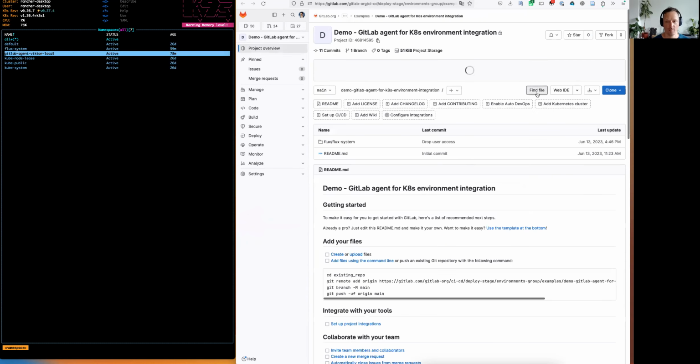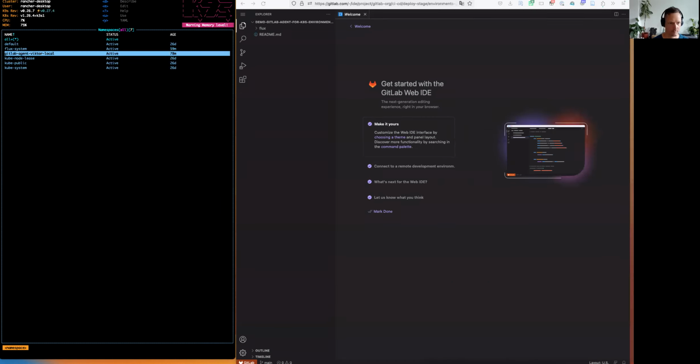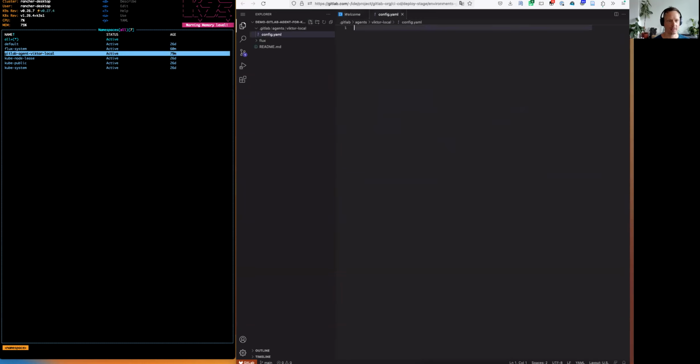I'm going to open the web IDE to create the configuration file. I will create a file under the .gitlab/agent/victor-local directory called config.yaml. .gitlab/agent is the required part for all the agent configurations, and the last bit should be your agent name. That's victor-local there. And the content of this file will be